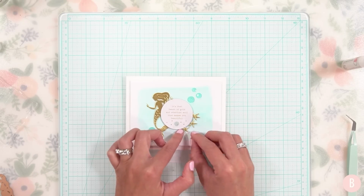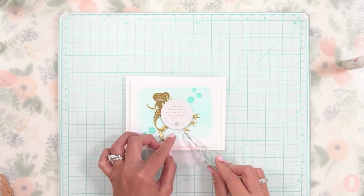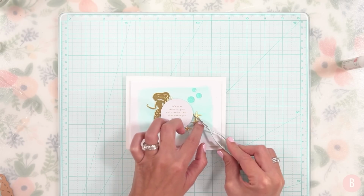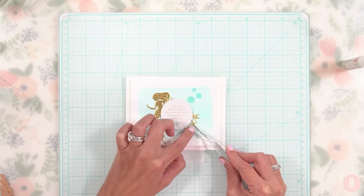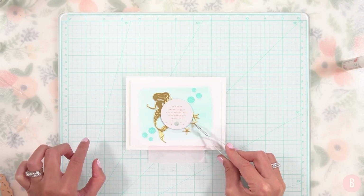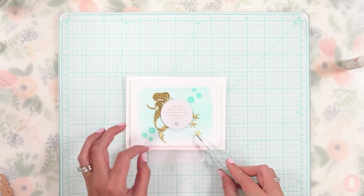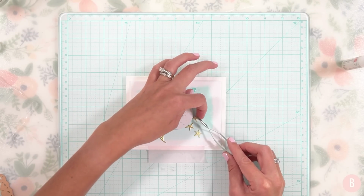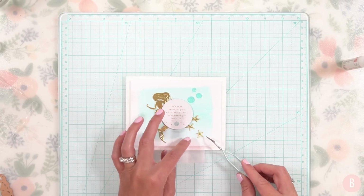I was originally going to do, hold on, let me think. I was originally going to have them all hug and do a little curve, if you will. But I don't think I'm going to. Sometimes you need just the little thin things just so that you can keep your fingers out of there. Okay, that was my initial. I don't like it. Nope, I'm going to do a tuck and a tuck. That way they're interacting with that middle sentiment. And then I think I'm going to have one